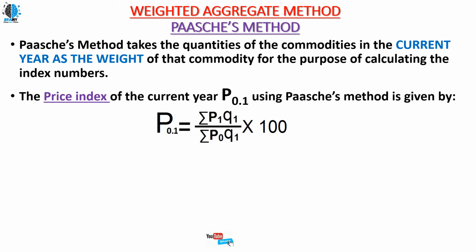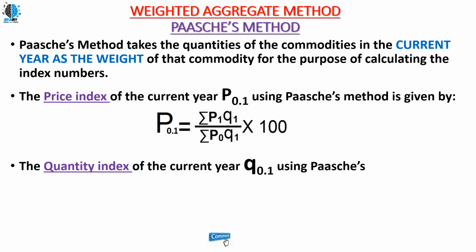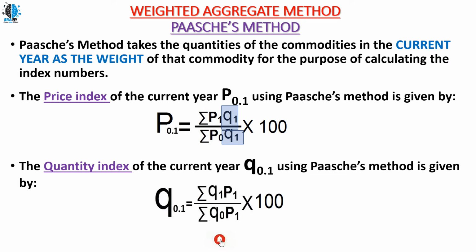Same if I take the quantity index Q01 under the Paasche method, the weight will be given to the price of the current year. So Q01 is equal to summation Q1 P1 divided by summation Q0 P1 into 100. What is added in the numerator and denominator is P1. So in both the formulas you can see the weight is given to the current